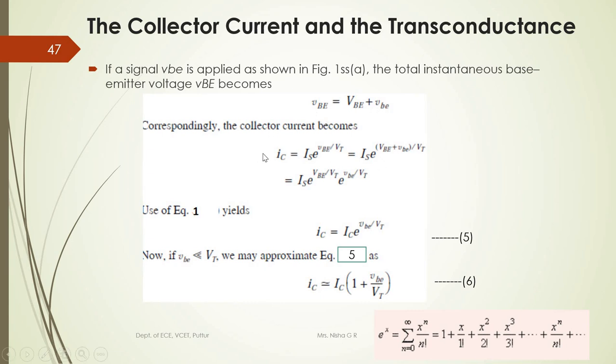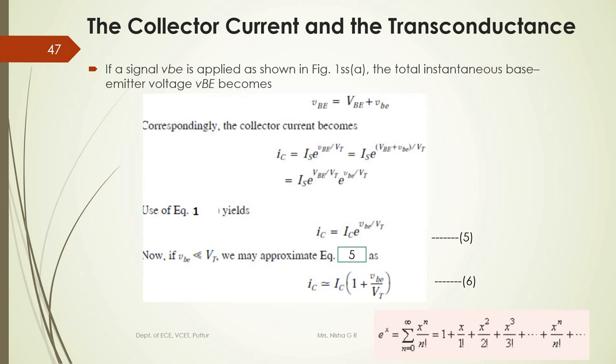What is VBE, what is IC, what is ISC? A very important thing you need to know is how to represent the DC component, how to represent the AC component, and how to represent the instantaneous component. The instantaneous component is the combination of AC and DC. The AC component is represented by small letters, all the subscripts, everything. A DC component is represented by capital letters.